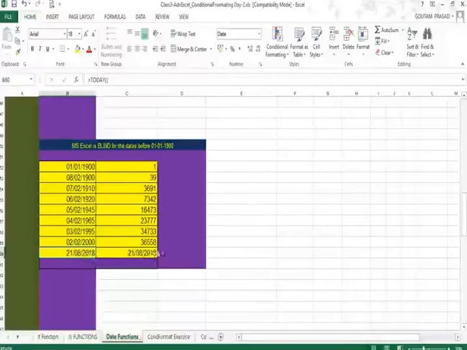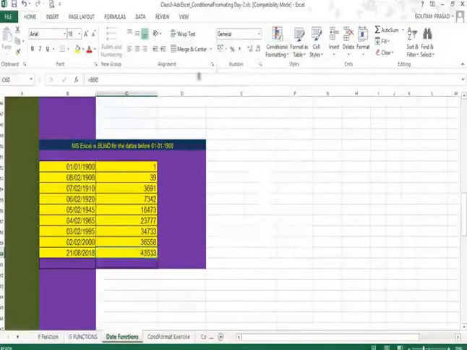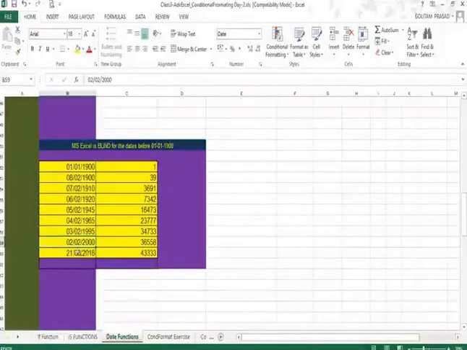Now this date, if we convert it into general format, there is a number equivalent to this, which is 43,333. Now if we take another date, which is an earlier date of the year 2000, the 2nd of February 2000 is equivalent to 36,558.